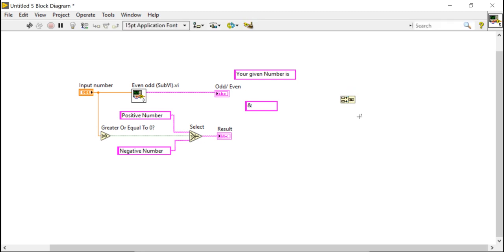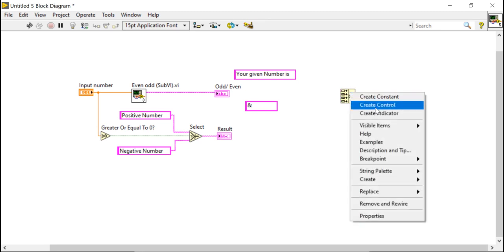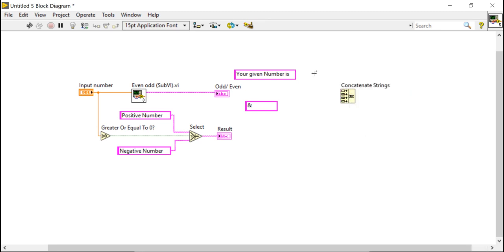And you can increase the size like this, and appropriately your given number is, then a space, and odd numbers will be connected with the second, and will connect with the third, and this result. Now here I am going to delete the result. I am going to delete the even and odd functions.